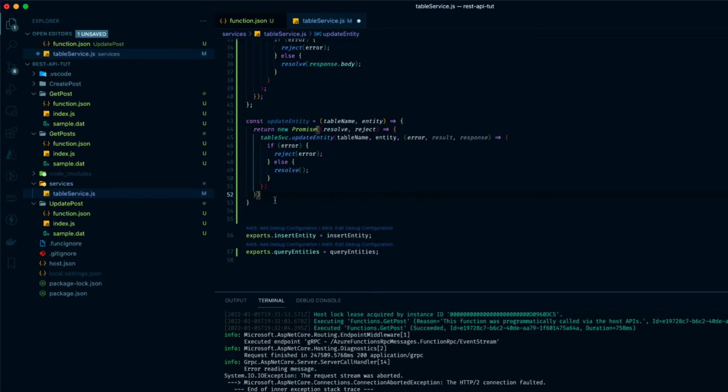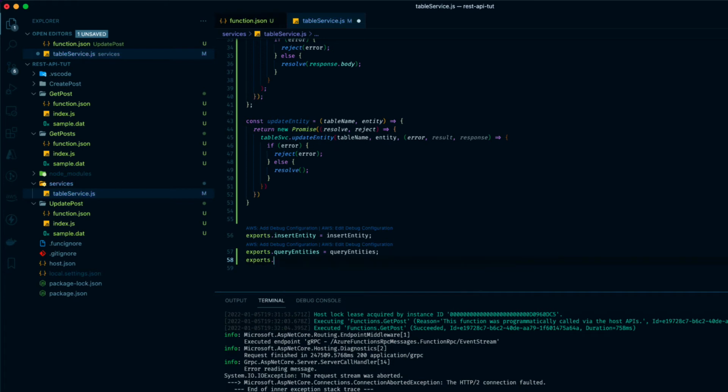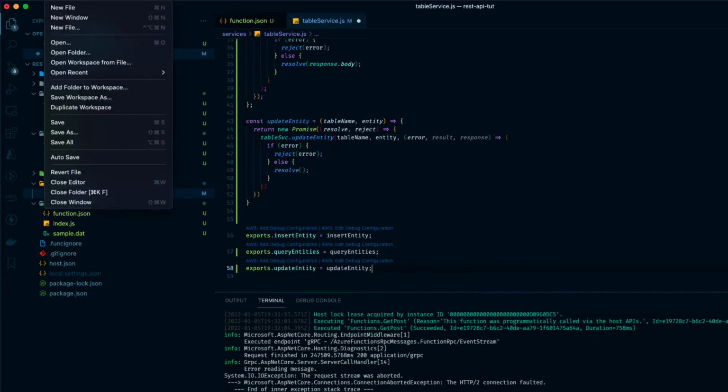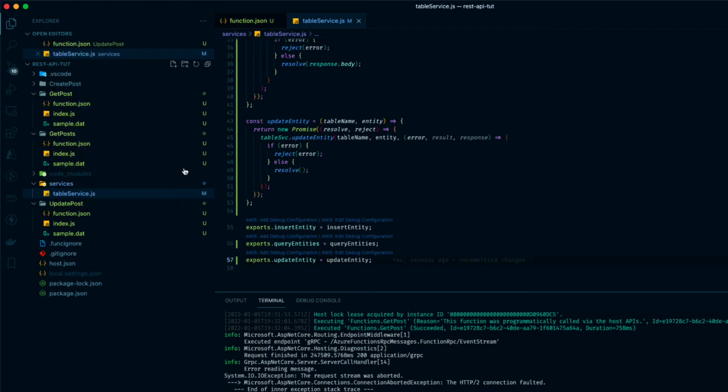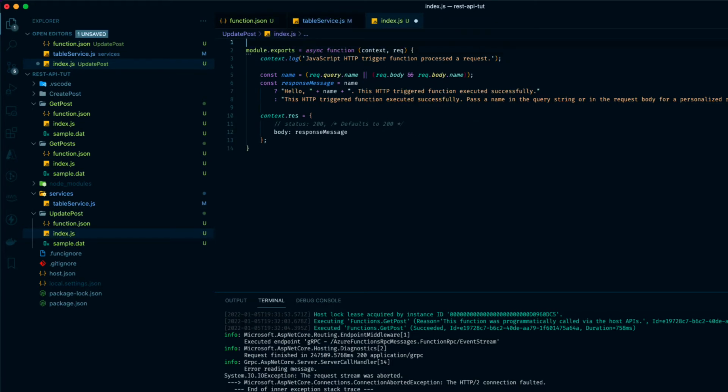And then what we'll do is export this. So we'll say exports.updateEntity equals updateEntity. And we'll go ahead and save that. Next, we'll come back to our index.js inside of our updatePost, and we need to import that method that we created in the table service. So we'll say const updateEntity,